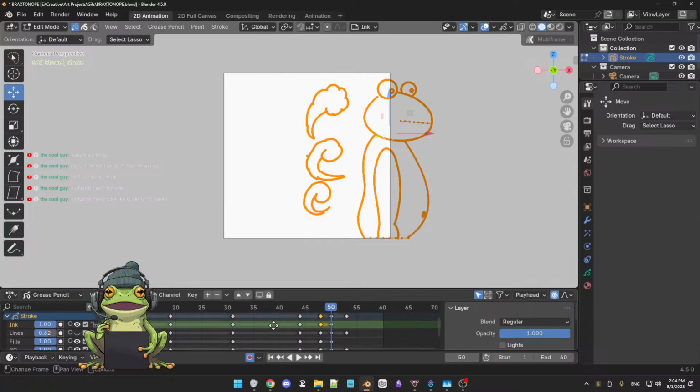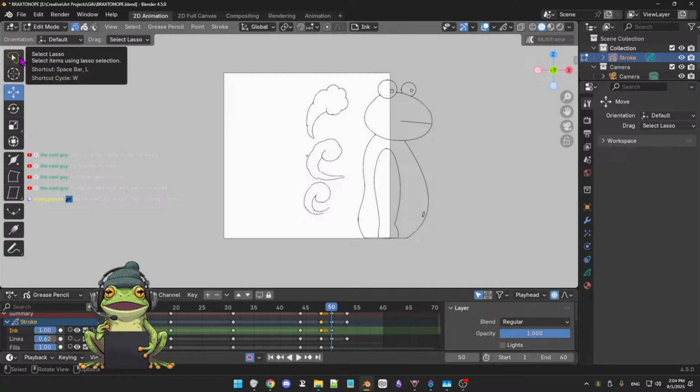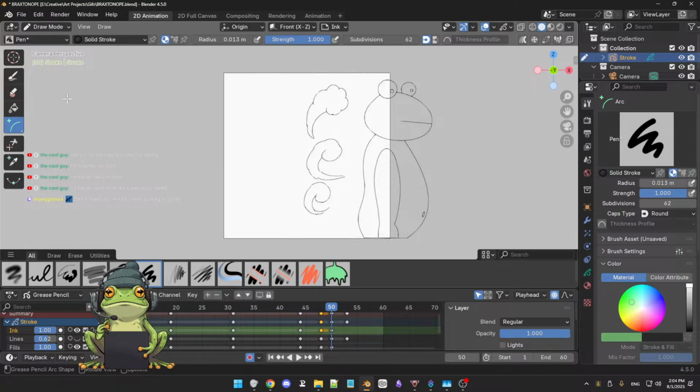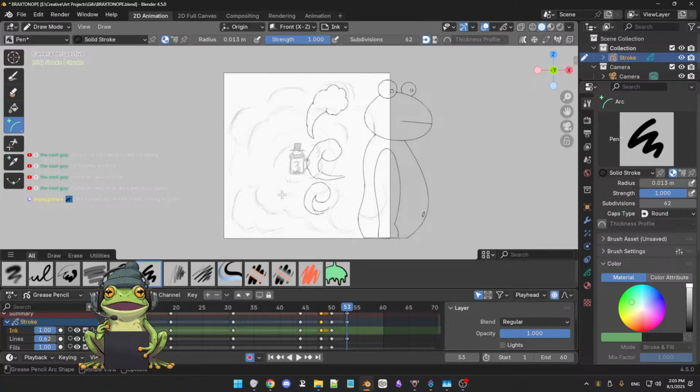Alright, so what do we have? We have lines, ink, and all that's good. Alright, so we go back to draw. Okay, that looks good. And then third coffee, smoke cloud at the end. I'm just roughing this for now. I'm gonna come back in here